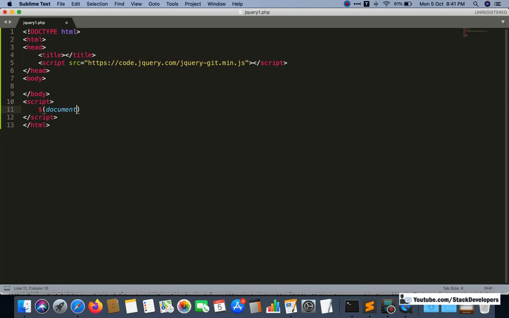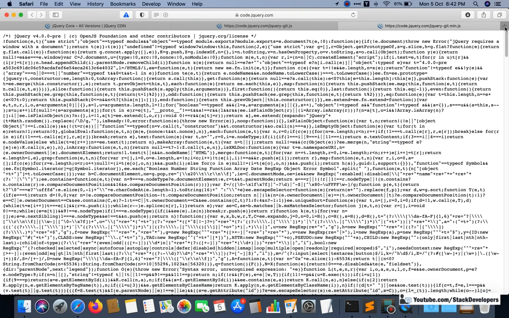The document dot ready function is the common function. Whatever is written inside this function will be called whenever the web page completes loading. I write alert test, and here I am going to refresh.